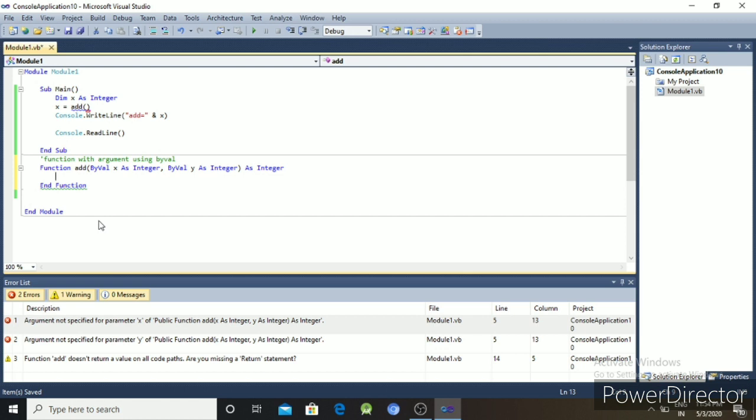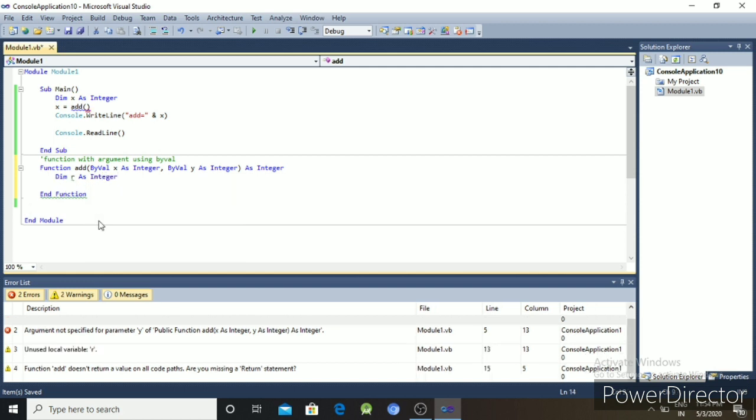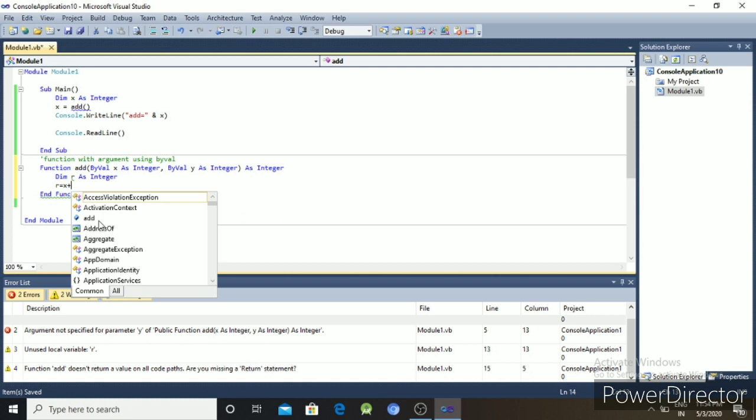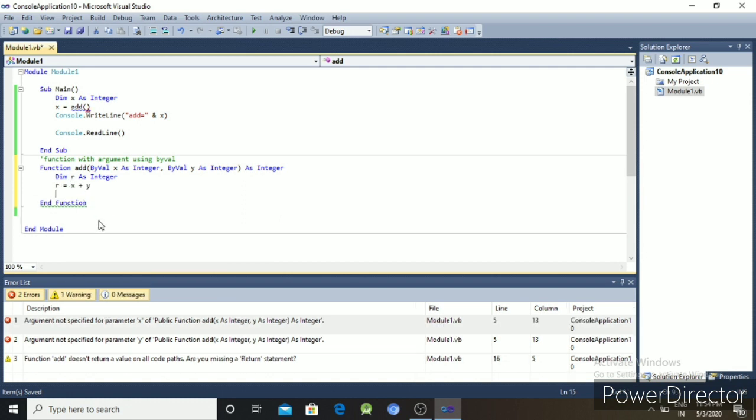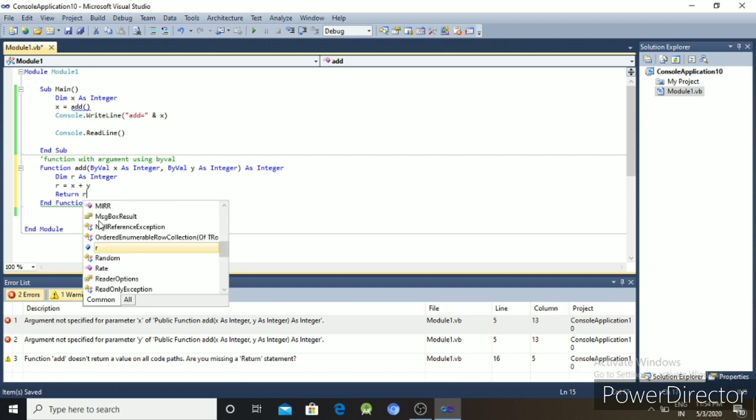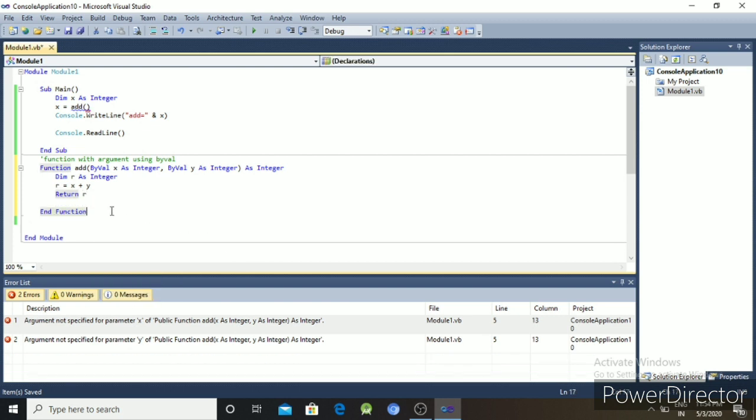Next, we declare dim r as integer, then r equal to x plus y, then return r.